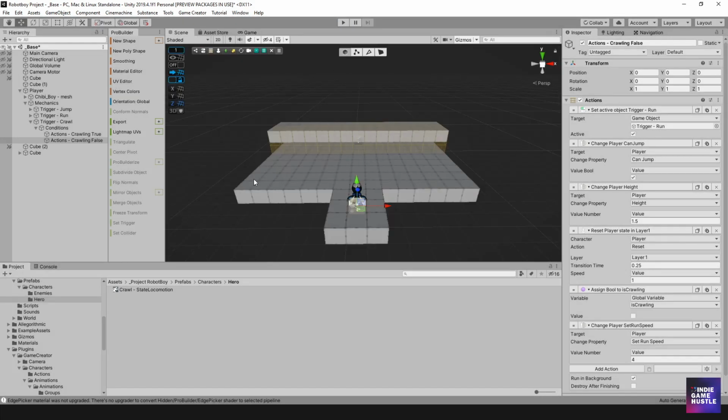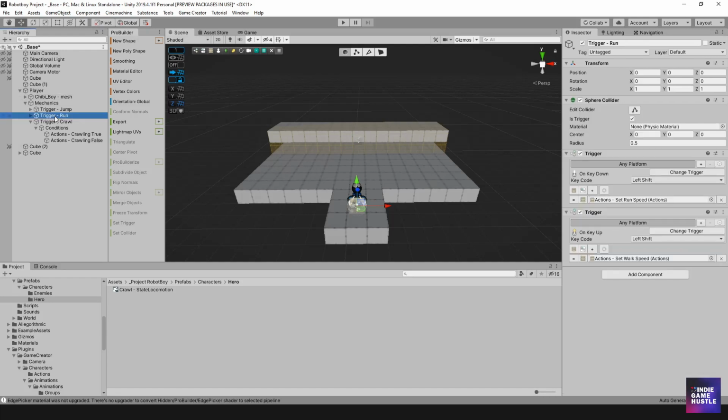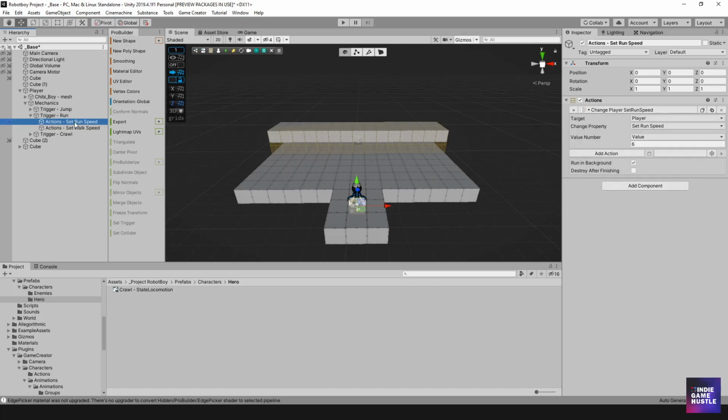But what if you did want to crawl faster? You could basically create an additional trigger for running. Let's do it right now. For instance, we could basically copy and paste this trigger and make it active when you are crawling. And so instead of the run speed being set to 6, maybe the run speed,